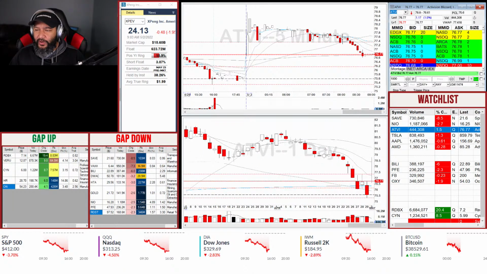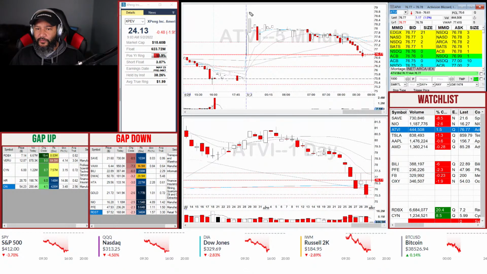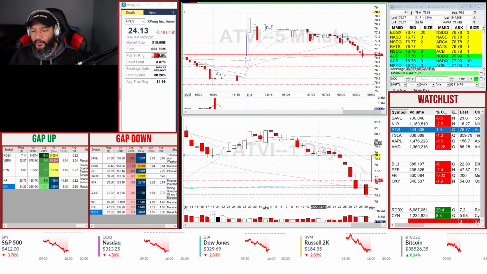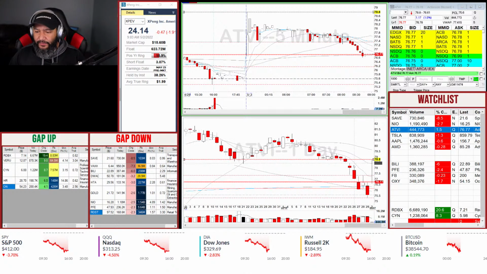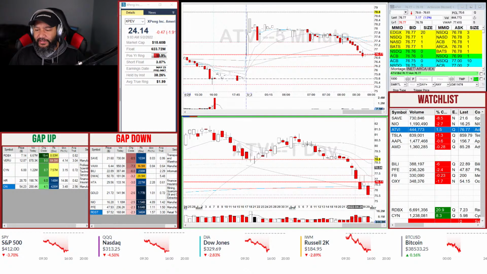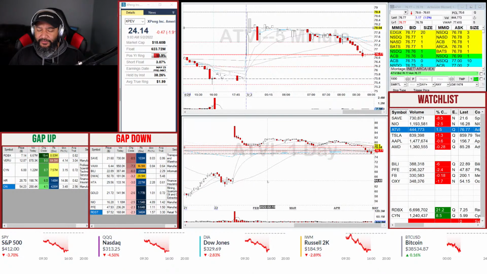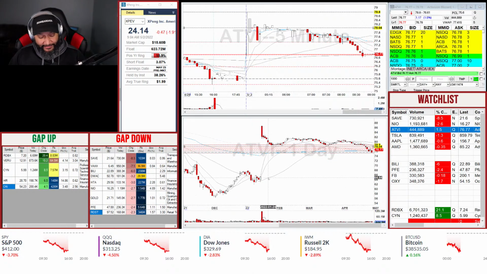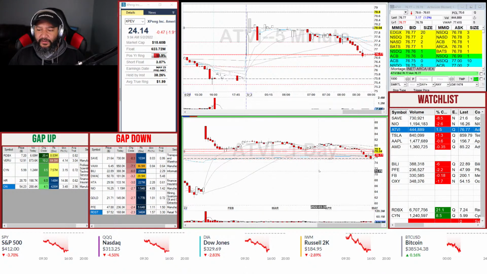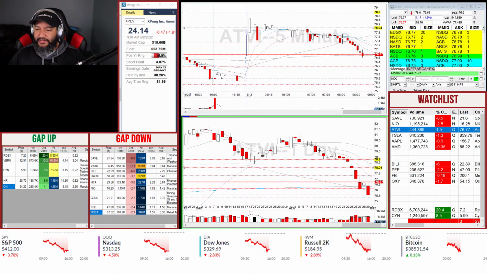ATBI, again, a little quiet right now after this pop over to the high of the pre-market at 78.80. But this will be a good one after the market open. We'll see how this is going to play out. And then towards the bottom, highs and lows from the last two trading days. Towards the top, around 78, you have a couple of days opening, closing, using that as resistance. So 78.04, we'll use that there as well. And I think you're pretty much set. Very, very ugly daily chart, by the way. It doesn't look great, but today they got some stuff going on that could make them very, very interesting. All right, we'll leave that there for now.